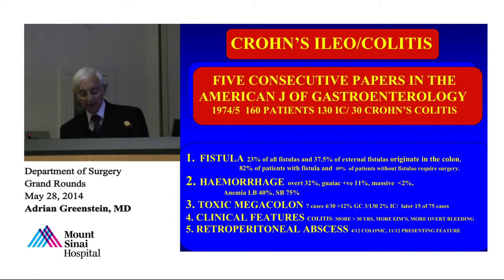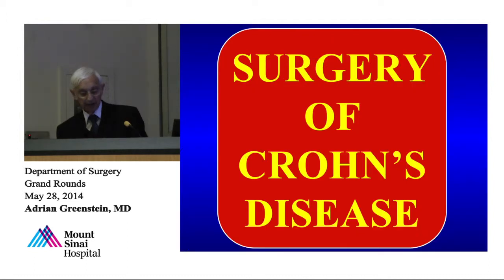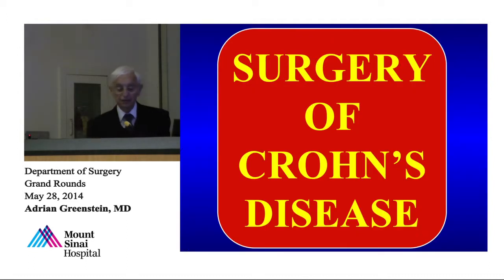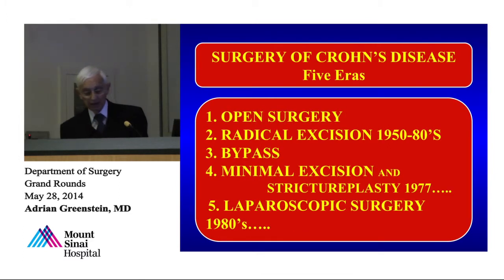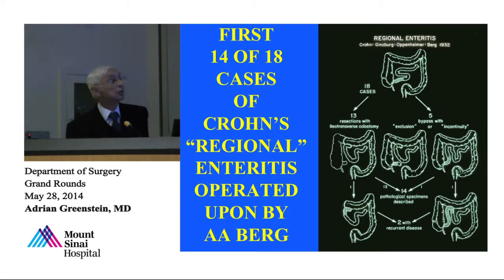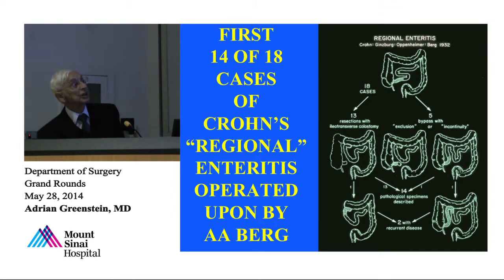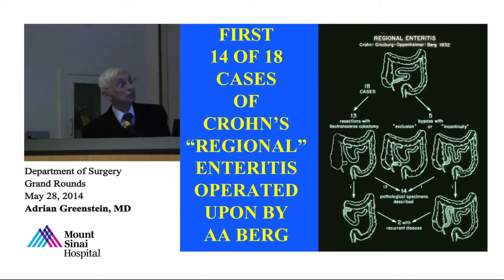The surgery of Crohn's disease is now what I'm going to examine. There have been several types of surgery during the course of the last 50 years. Open surgery, radical surgery in the 1950s to 80s, bypass surgery, minimal excision, and strictureplasty in 1977, and laparoscopic surgery in the 80s. The first 14 of 18 cases are seen here, which were all done open by Dr. A.A. Berg, and only 14 of the 18 cases had specimens, and they were described in the original